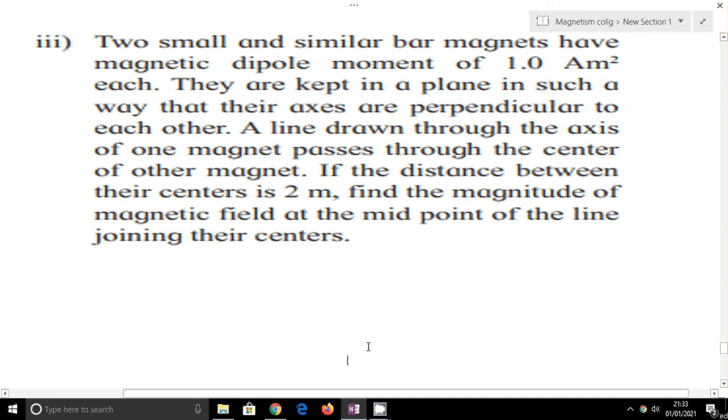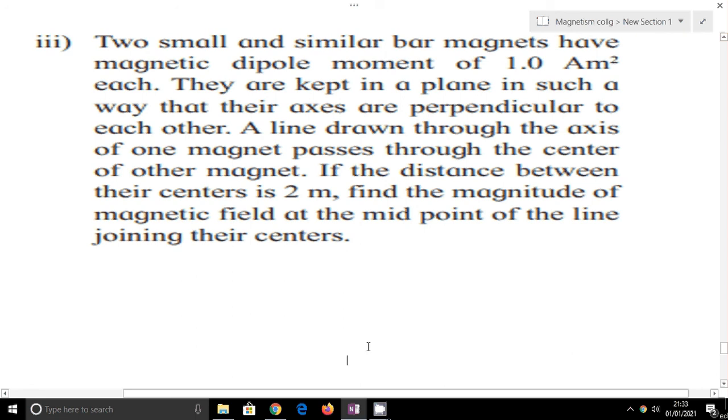Only three examples are there in the chapter. Actually there are a total of 5 questions in this section, but here only 3 numericals are there. In 2 questions we have to draw the diagram, so here we just solve numericals only. In the last lecture we solved the first 2 numericals, and now the third numerical is remaining, so let's solve it today.